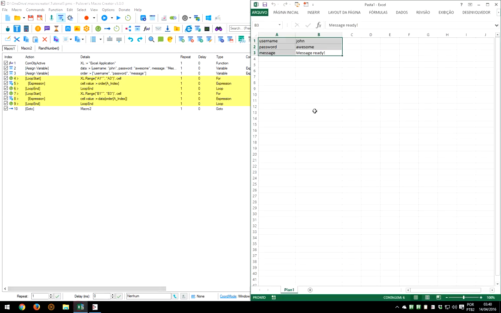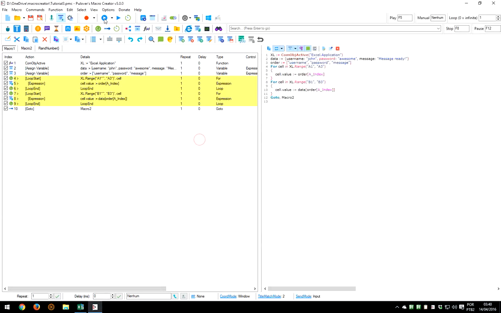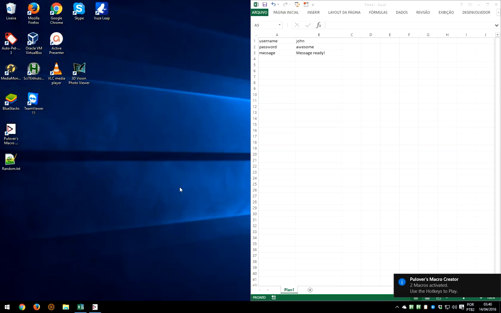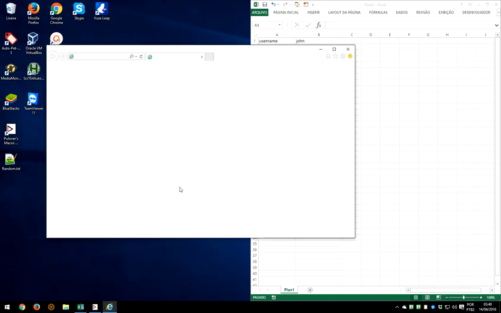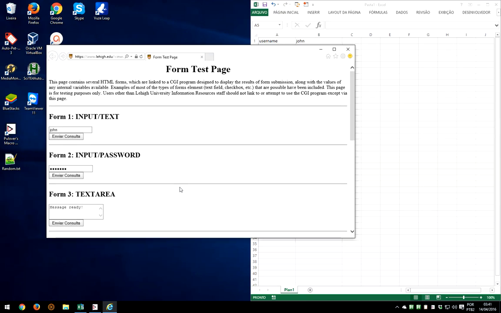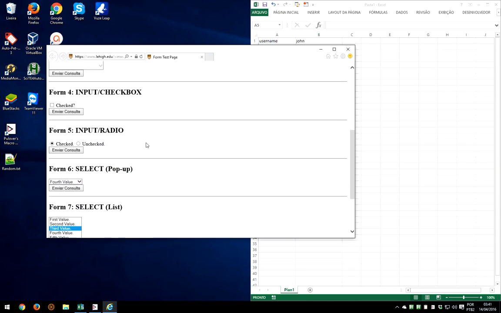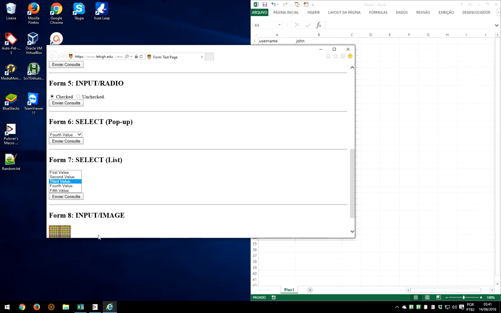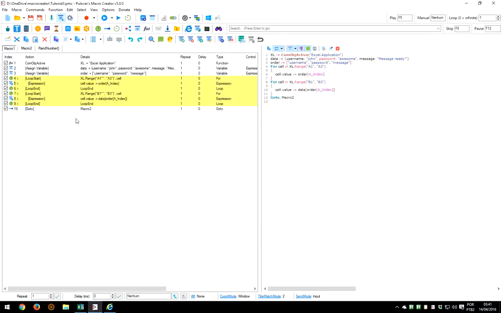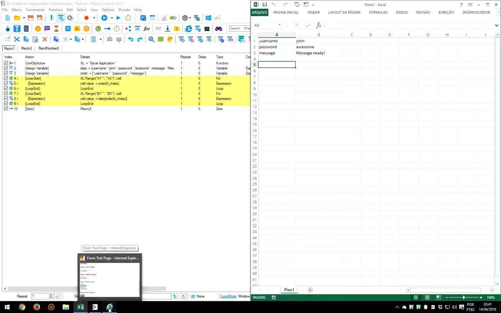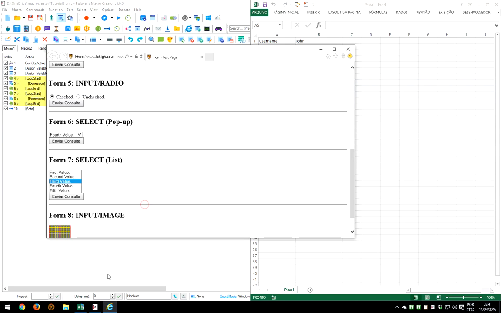Close here, clear here, run it. Okay, so that's the basics to work with COM and expressions and the Internet Explorer window, and also you learned